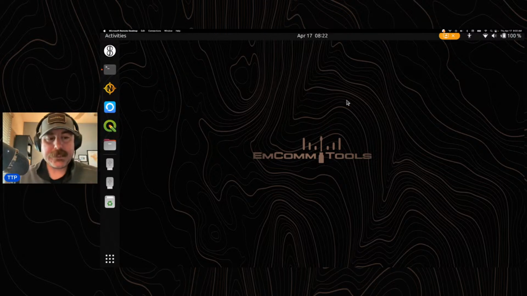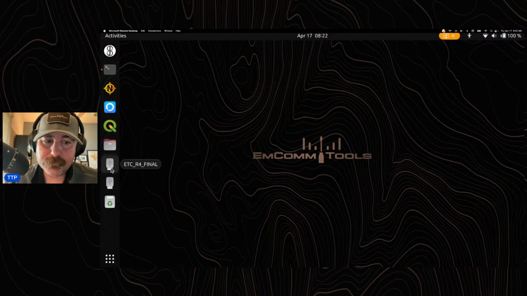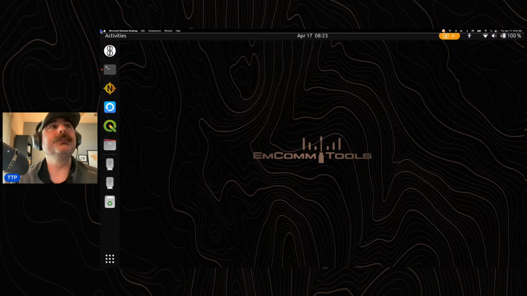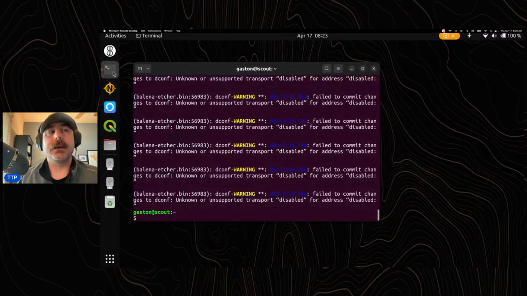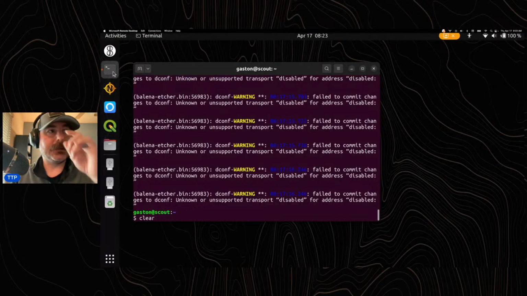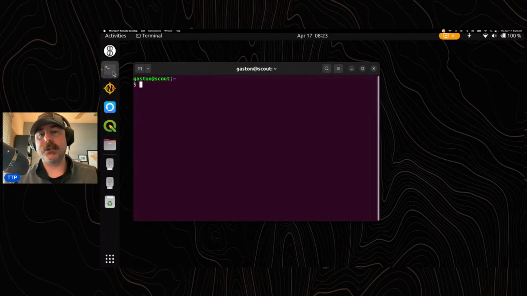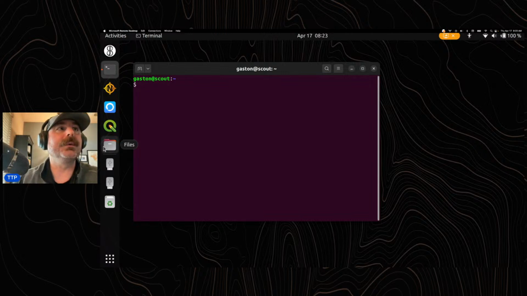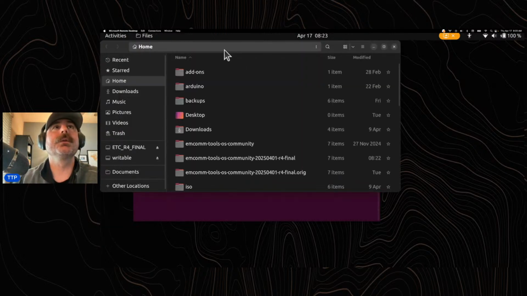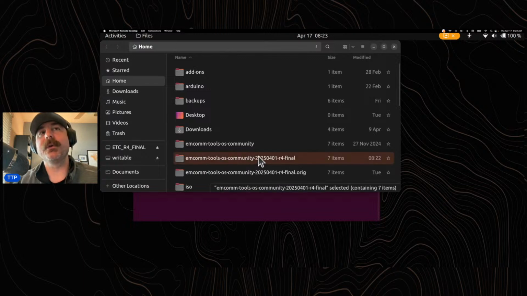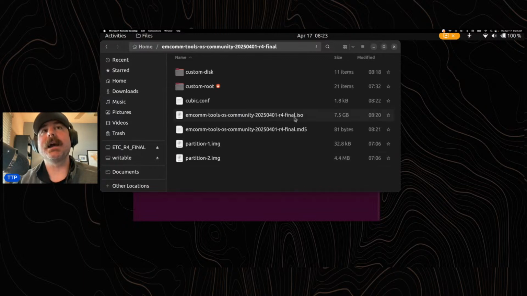Okay, I have plugged that in. Right now I probably have, well, the old R4 final. Again, I'm not going to go into the Balena Etcher install. If you don't feel comfortable going through that yourself, I recommend just copying the ISO file, which is under your home directory. We created a workspace called EmComm Tools OS Community, and you should see the ISO image and